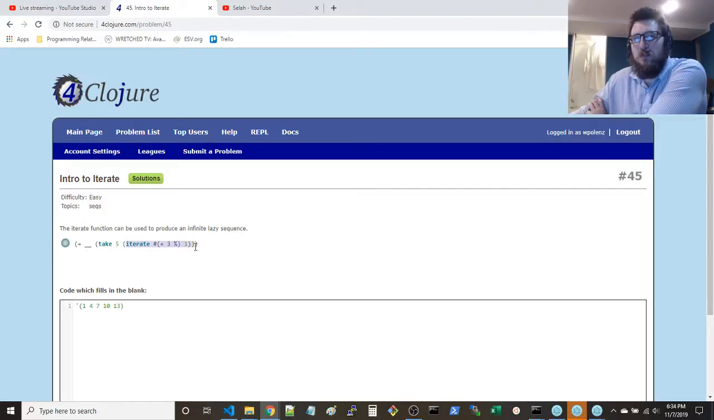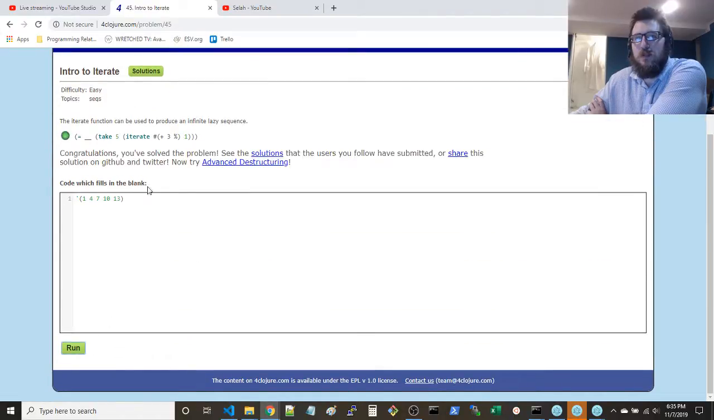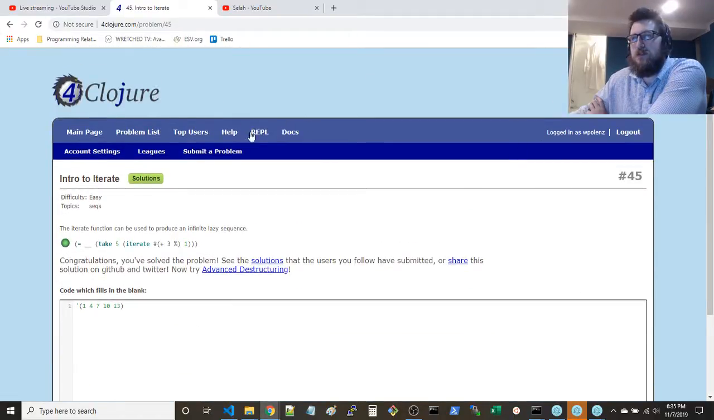Then it'll take f of x, which is add 3 to 1, which is 4. And then this next iteration will be add 3 to 4, which is 7. Then add 3 to 7, which is 10. Then add 3 to 10, which is 13. And that'll give you the first 5 iterations here. So that's what it looks like. Kind of neat. Let's go to